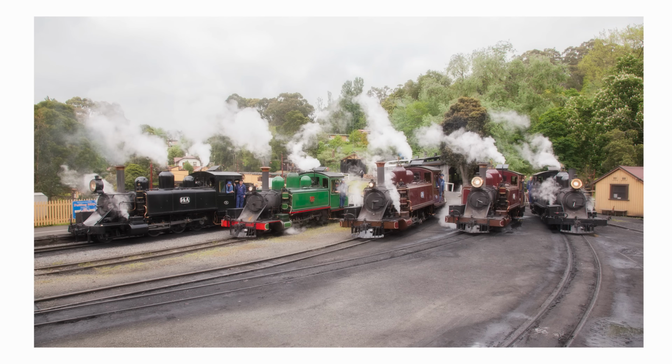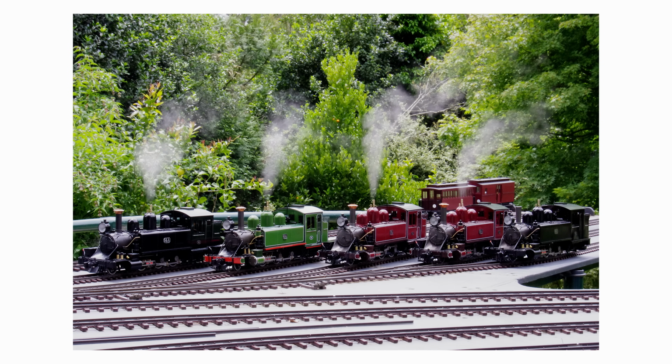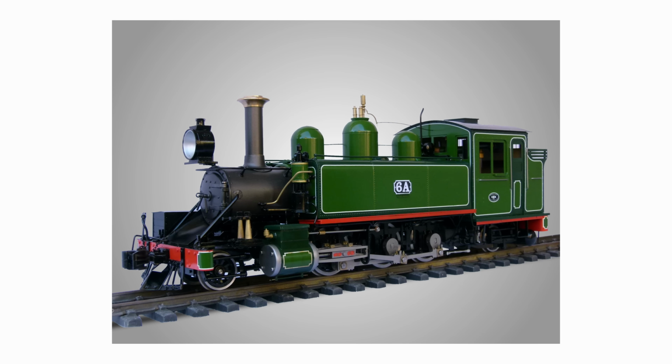It was also delivered in the American body style with clamped smokebox door, wooden pilot or cowcatcher, and chopper couplings. Later in service life, the locos were modified to suit domestic service requirements. This limited production model is offered along with the rerun of other NA models as seen in today's body styles and 3 preservation liveries. These models are 1/19th scale or G scale, and the power is live steam or electric. Delivery is planned for mid next year with a price tag of $4,290 for the electric and $4,720 for the